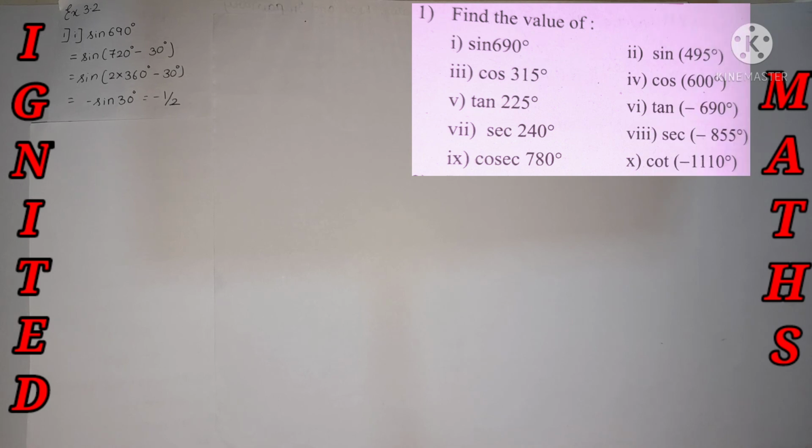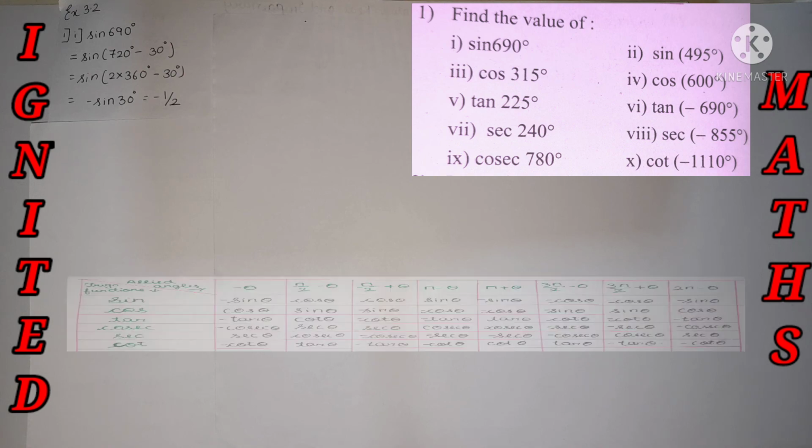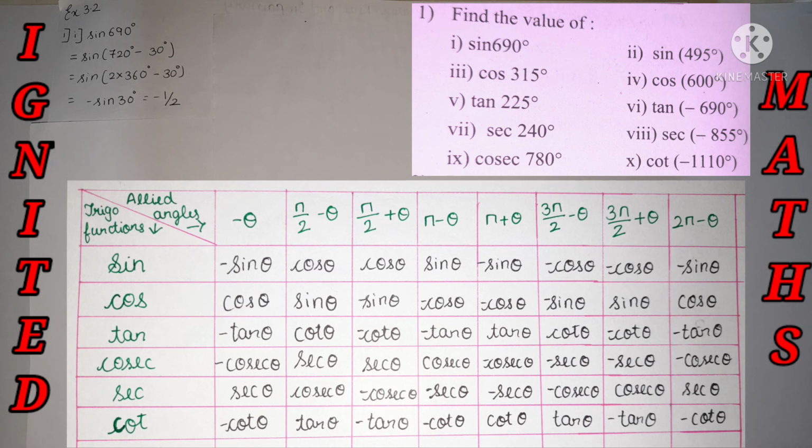For the first main question, I took the first sub question over here. That is nothing but sine 690 degree. What will be the value of it? As previously we have gone through it, yes, what will be the value of sine when certain degrees are given? We have found it. The trigonometric functions of the allied angles are one of the pillars for solving this type of sum, and by using the trigonometry tables also we can find it.